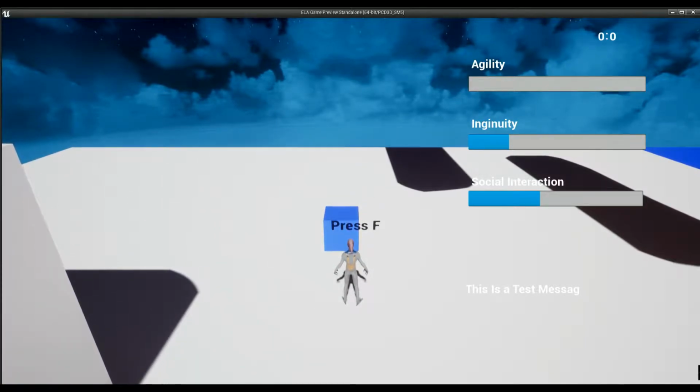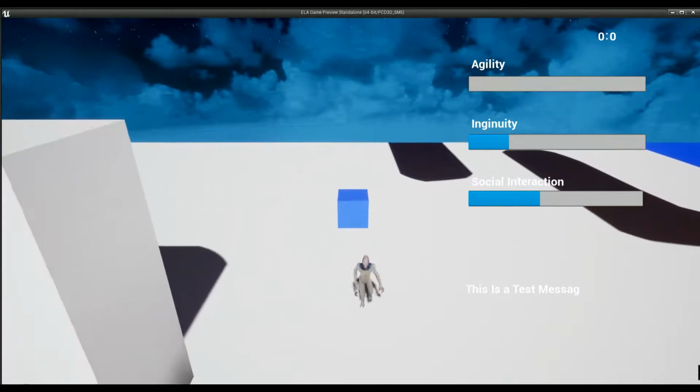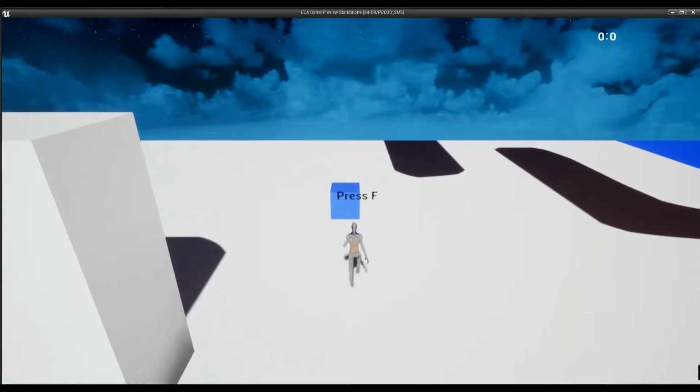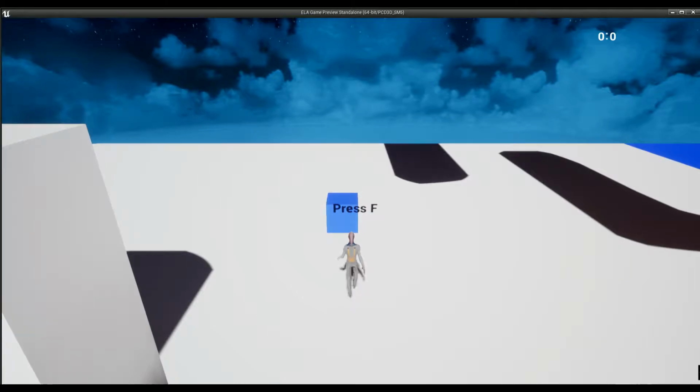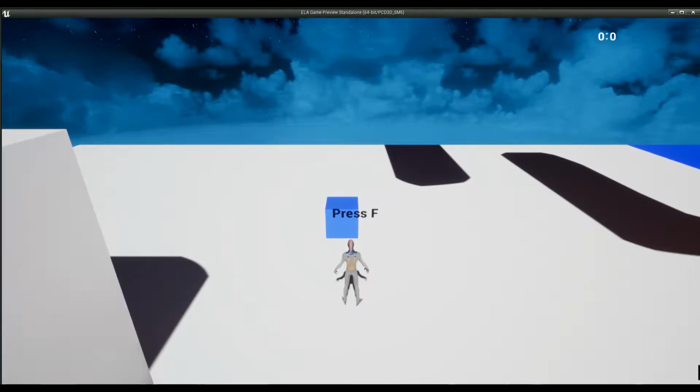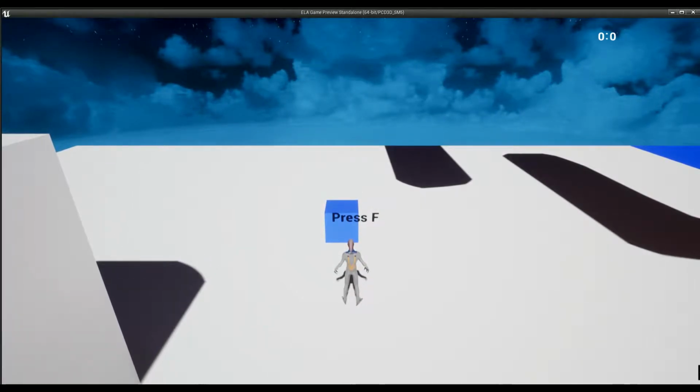So now we'll come to the menu in a second, but for now we have our interactable, which is still press F and do other things later. But for now, come up to this board and